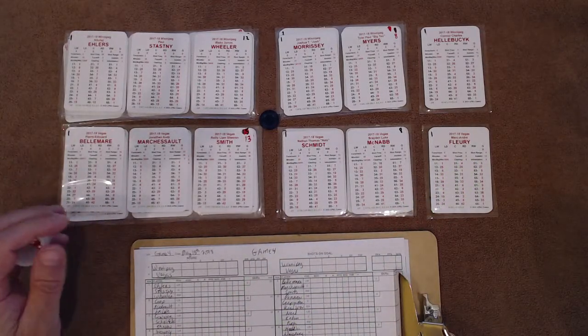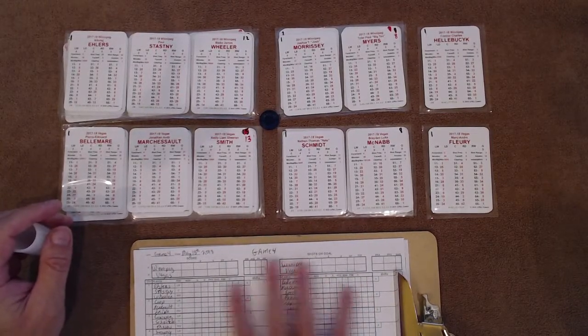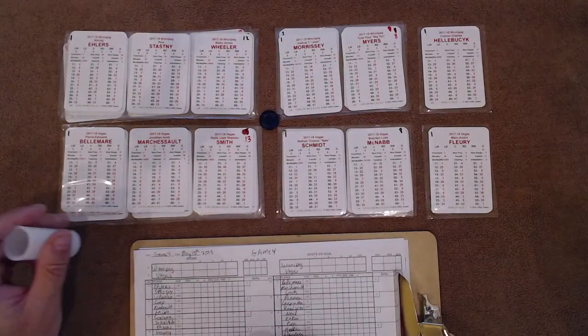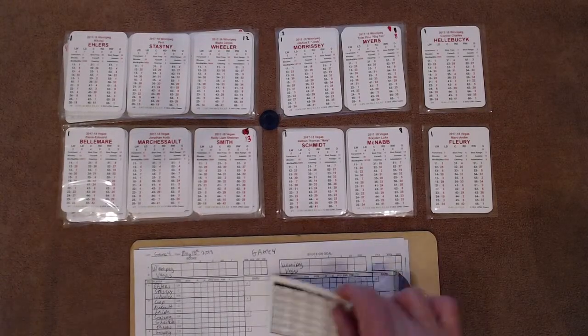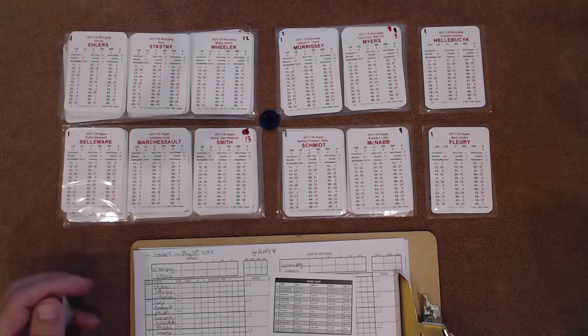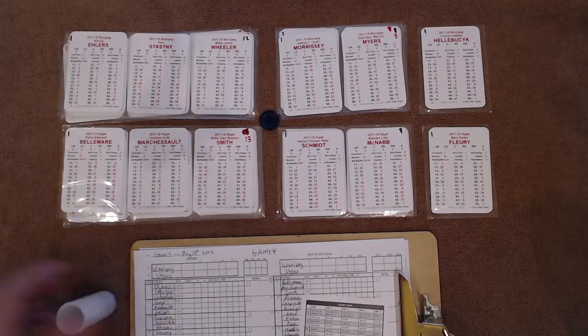All right, I've got my charts laid out. I've got my score pad down here, which you guys don't really need to see. I'm just going to keep track of everything. Obviously, the players are up here. And let's get things underway with the old face-off chart. Here we go. Period number 1, game 4, as the Vegas Golden Knights go for the sweep against Winnipeg. And for face-offs,